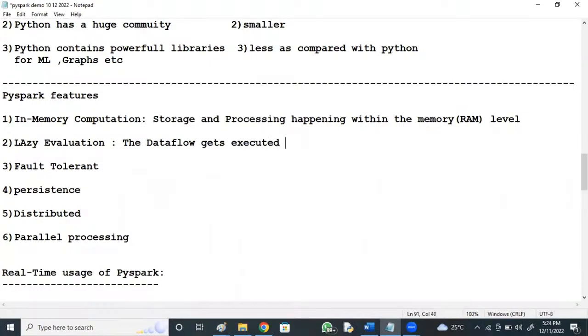The data flow gets executed only when we perform an action. So we have got different types of actions. Wait, later I'll brief you. It means lazy evaluation. For example,